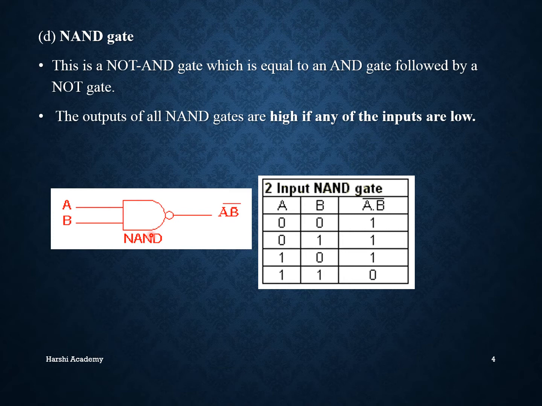When we talk about AND gate, we say its output as A dot B. Then NAND gate output is A dot B bar. Like this. When both inputs are 1, then output is 0. If both inputs or one input is 0, then output comes to high. That means output is 1. Keep in mind this NAND gate.